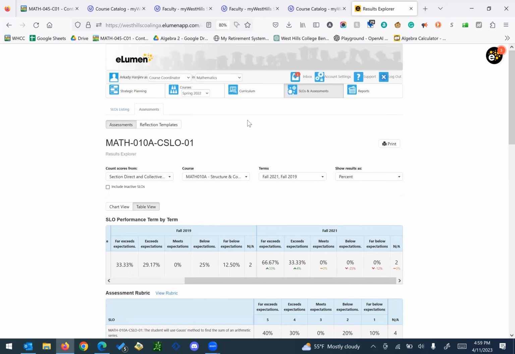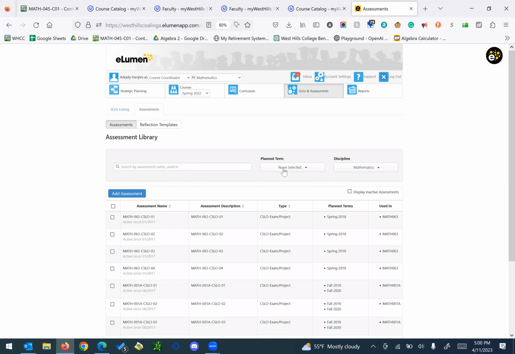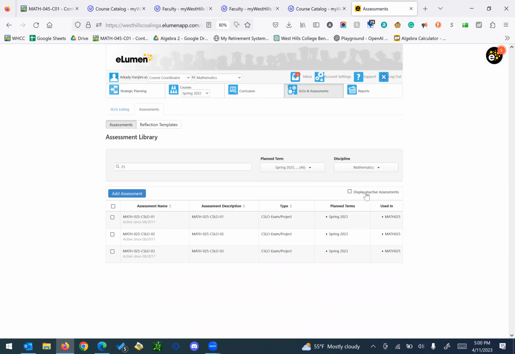With this, let me look at one more thing. I'm going to go, again, course coordinator in mathematics. I'm going to go back to assessments. And maybe we were looking at those inactive SLOs, right? SLOs that have been deactivated here. We can still take a look at those as well. So again, select all. And I'm looking for Math 25 this time. So notice it only gives me those pieces there. So if you want to, you can display the inactive